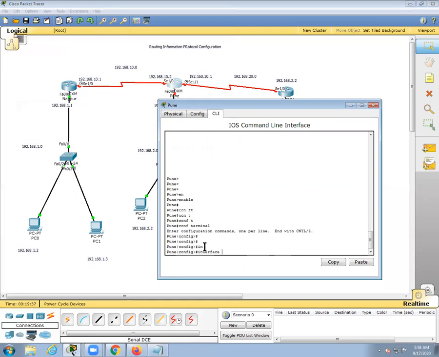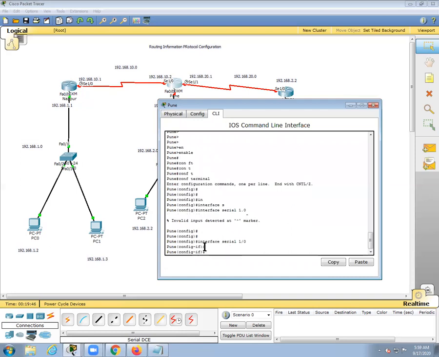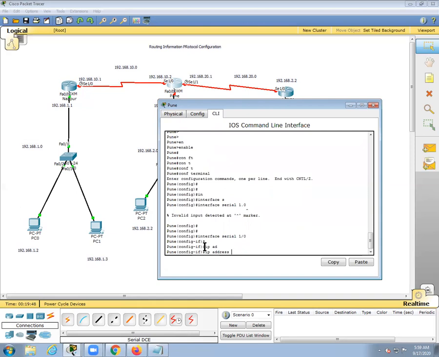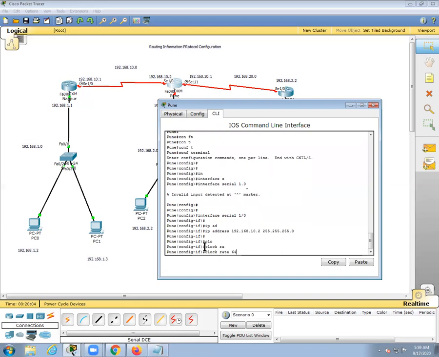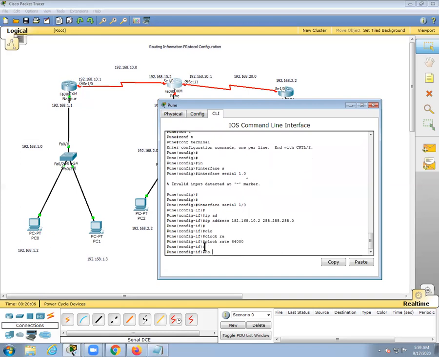Then go to the interface, serial 1/0, and give the IP address 192.168.10.2 followed by the subnet mask 255.255.255.0. Then give the clock rate at this other end, 64000. Then give the no shutdown command.